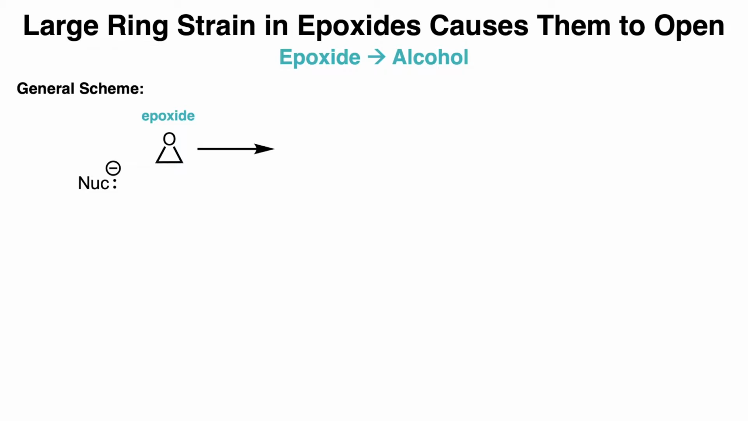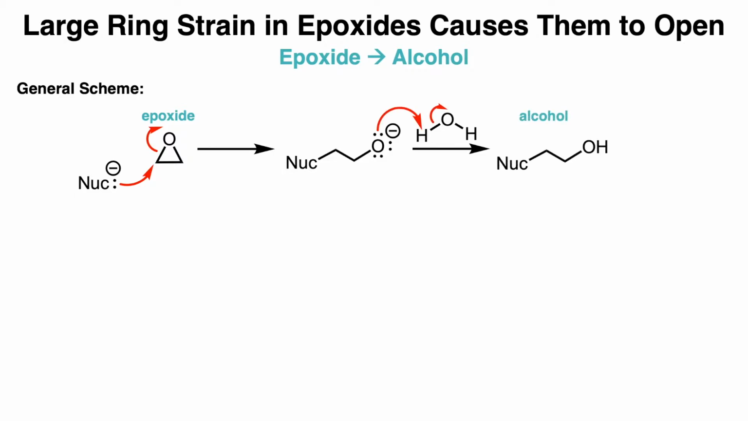Epoxides have significant ring strain and tend to open up, which would alleviate their ring strain. To go from an epoxide to an alcohol, a nucleophile can attack a carbon atom that's part of the epoxide, followed by the carbon-oxygen bond breaking to form a new lone pair on the oxygen atom. Then the O- can get protonated by water to form an alcohol. Here's a list of common nucleophiles that can participate in a ring opening reaction of an epoxide, and they tend